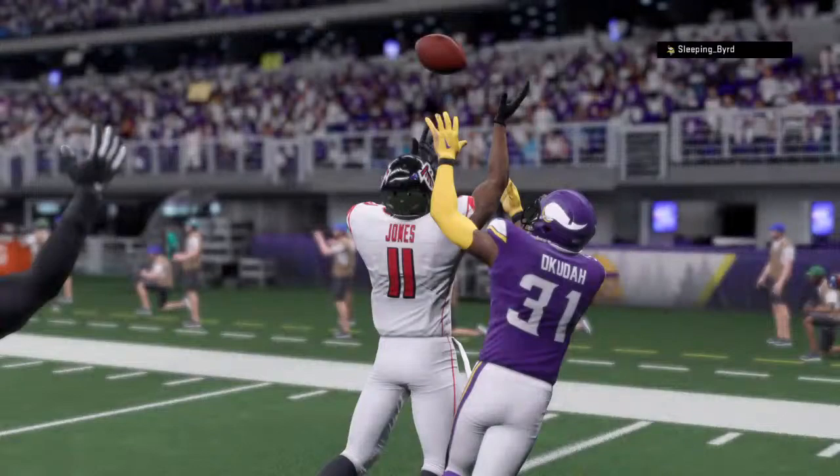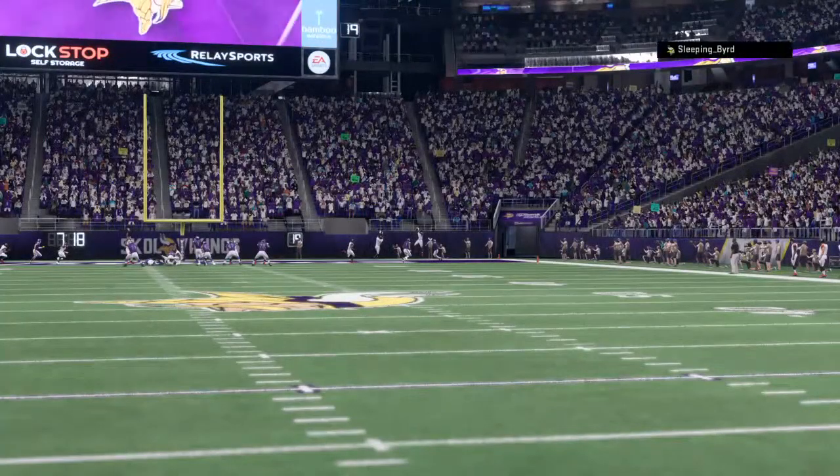And that's an odd game to watch, isn't it? Because when we saw the output in the first half, you'd think to